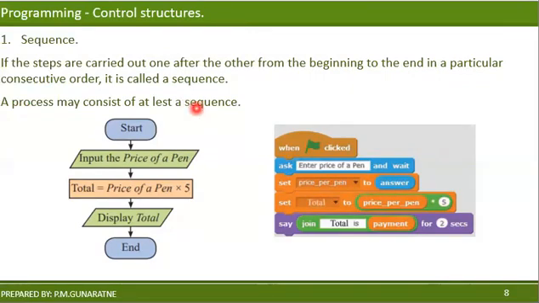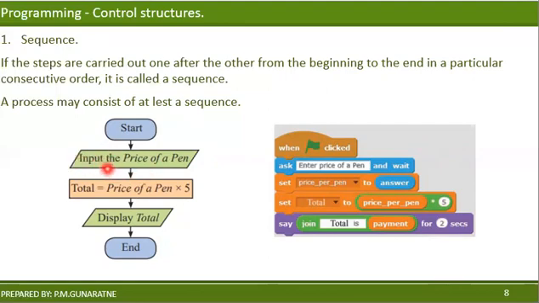Okay, right? Consider this one. This is designed to output the total when the price of a pen and the number of pens are given. So let's evaluate this one. This is the starting point, as we discussed in the previous slide. It is a rectangle with curved corners, which represents the start of the program. Then what is this? This is a parallelogram. It is used for input and output as well. Since it says input here, it should be an input control structure, right?